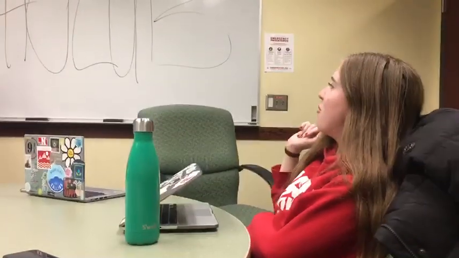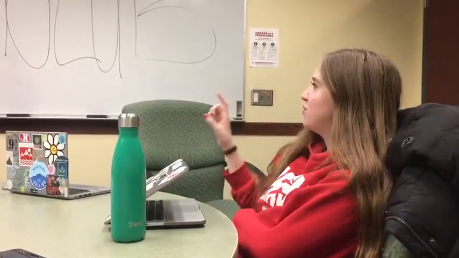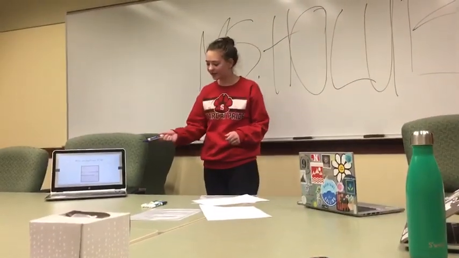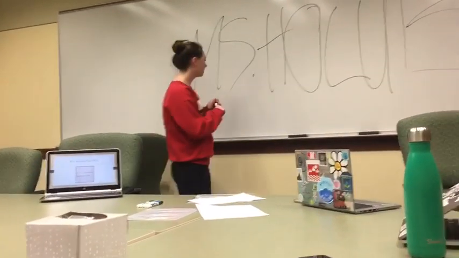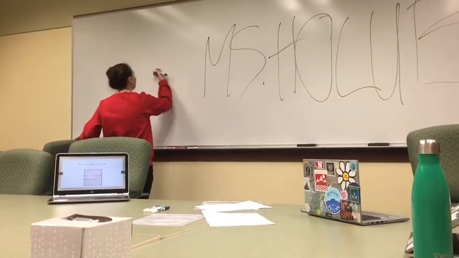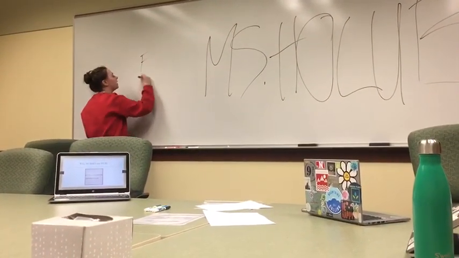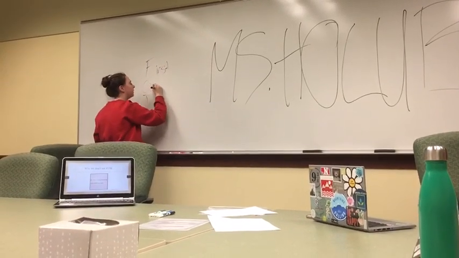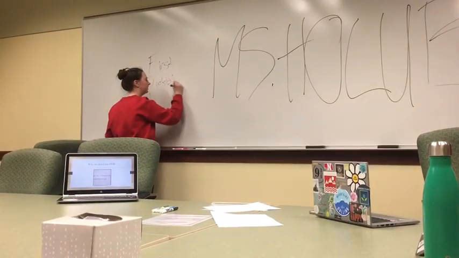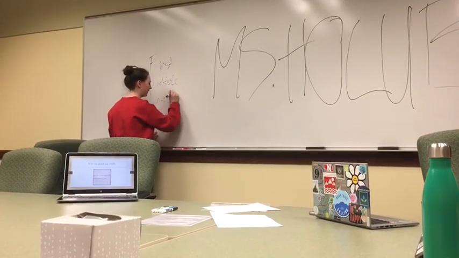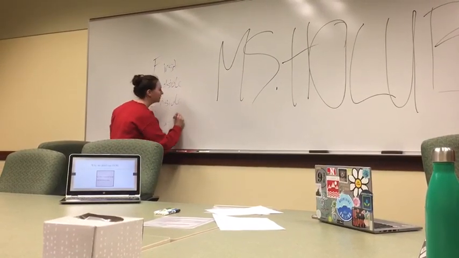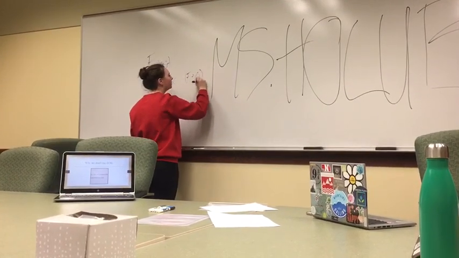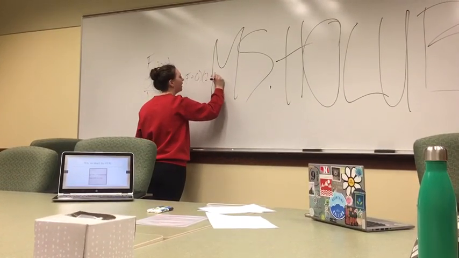Yes, student. Why can't we use FOIL for solving these? So FOIL is, let me write this out over here. FOIL stands for first, outside, inside, and then last. So essentially what it's saying is if I have F plus O times I plus L,